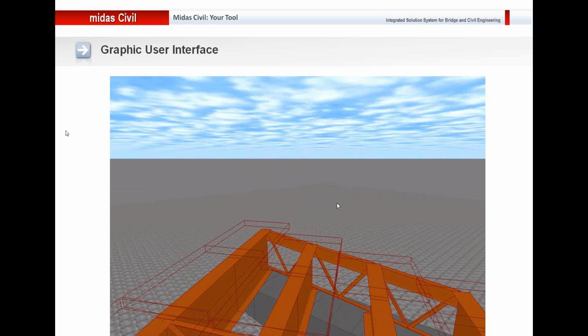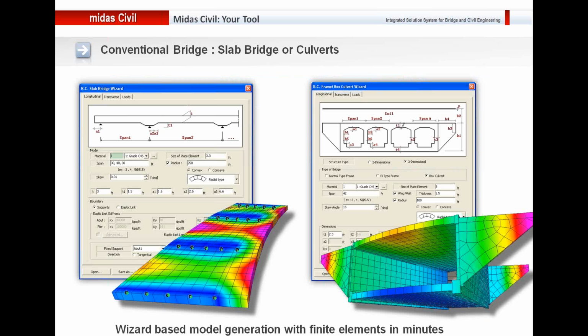Now let me talk about the different types of bridges and how you can use Midas Civil for those types of bridges. First of all, let us talk about conventional bridge. Here you would see that in Midas Civil we have a wizard based model generation, and all you have to do is put in the span distance, how many different types of spans that you have,